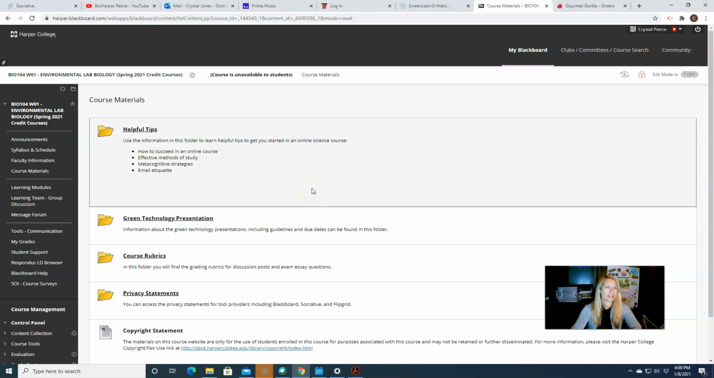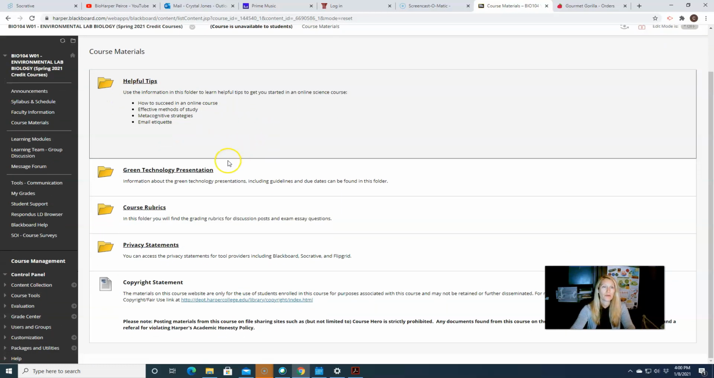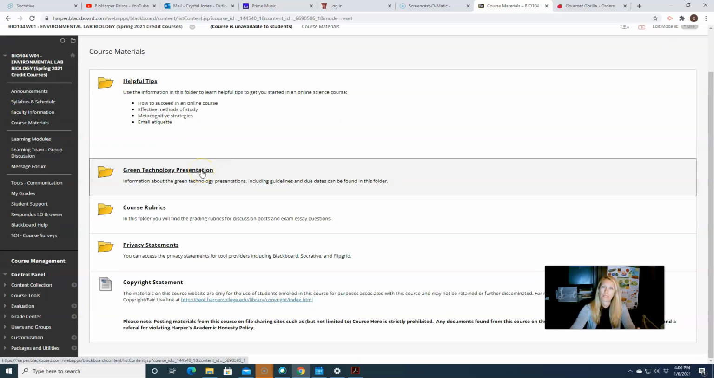Next thing we want to take a look at is our course materials folder. All kinds of things in here. Go through at your leisure, basically, as you're looking through the course. So all kinds of helpful tips in this first folder. This is the folder about the green technology projects which you'll be working on. Again, it's good for you to look at and good for you to keep in the back of your mind